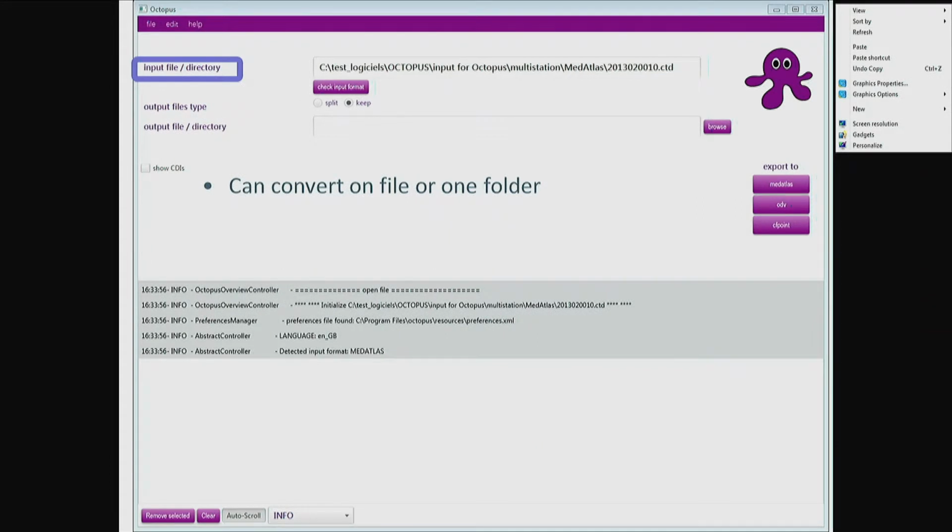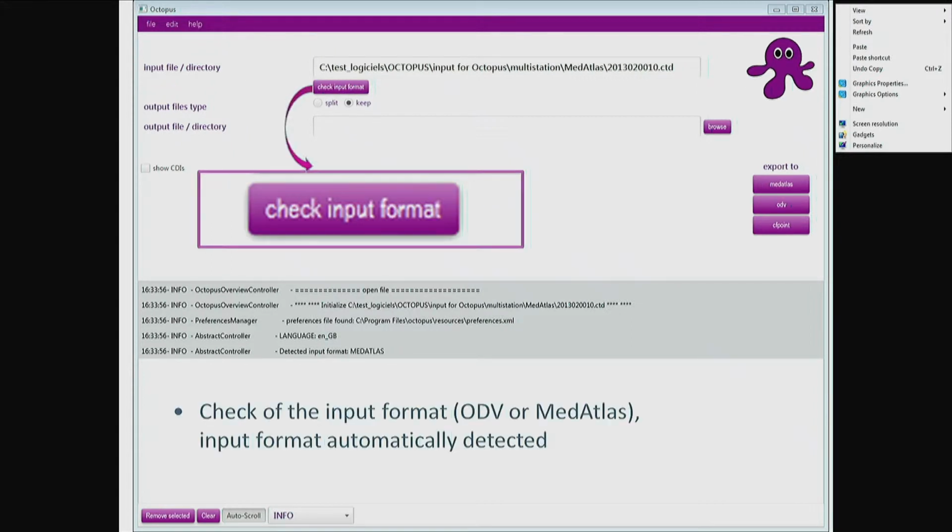It's easy to use, with a very simple interface, where you select which file or which directory you want to convert. And then you can check the input format. Octopus will automatically detect if it's a MetaDLAS or ODV format.